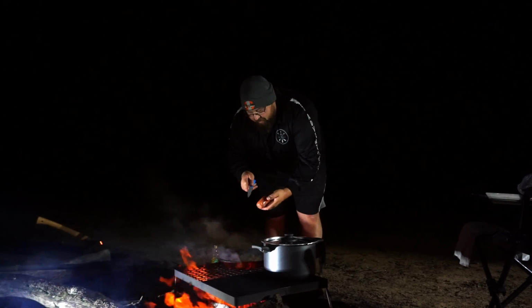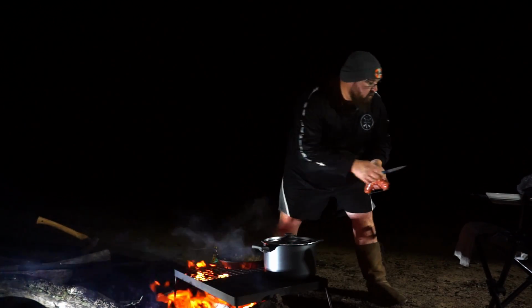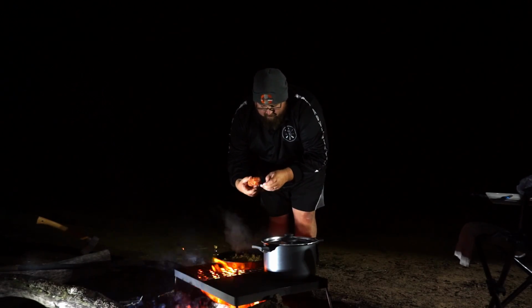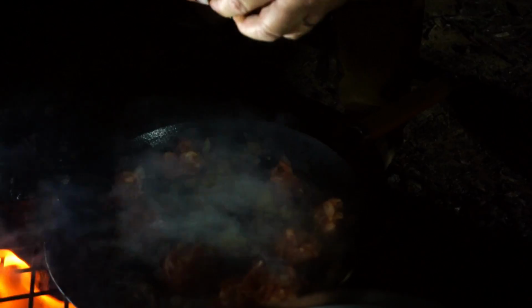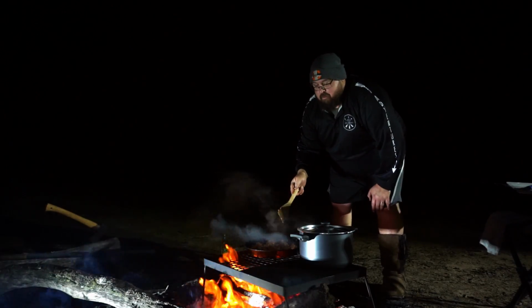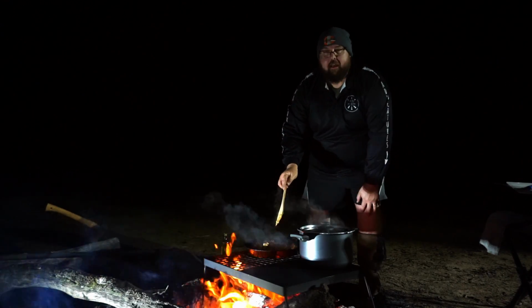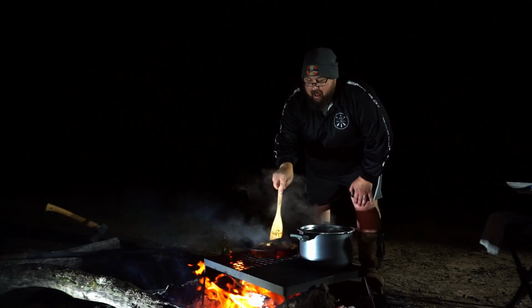But what I'm going to do is I'm going to cut the skin open, and then I'm just going to use the sausage meat in it, and I'm just going to break them into little meatball sized chunks. So what we want to do now is we just want to try and brown the sausages. They're going to cook in the sauce anyway, so we're just going to try and sear them off before we